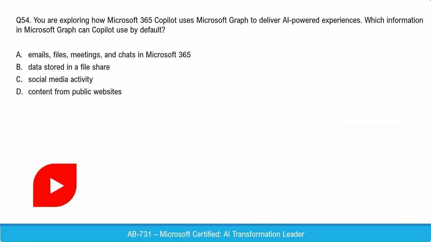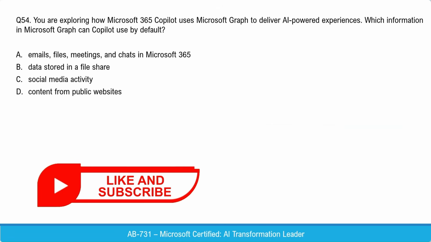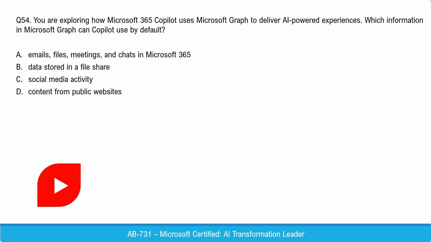Next question. You are exploring how Microsoft 365 Copilot uses Microsoft Graph to deliver AI-powered experiences. Which information in Microsoft Graph can Copilot use by default? You have four options on your screen. Please go through them by pausing the video over here. And the correct answer is